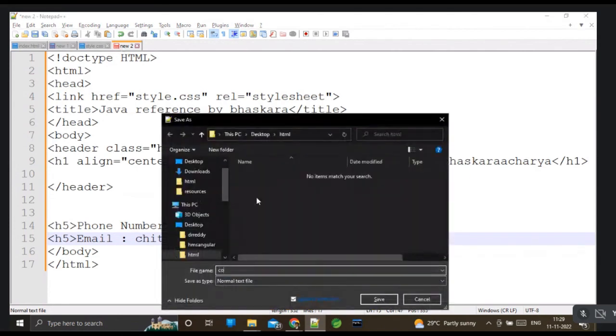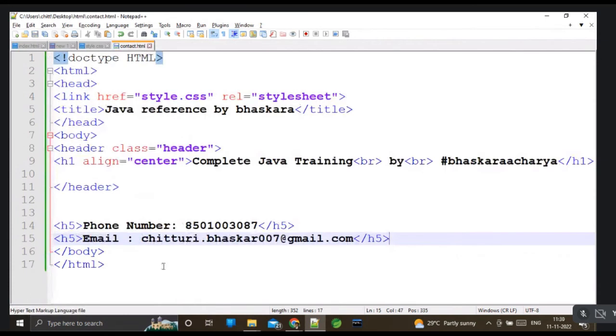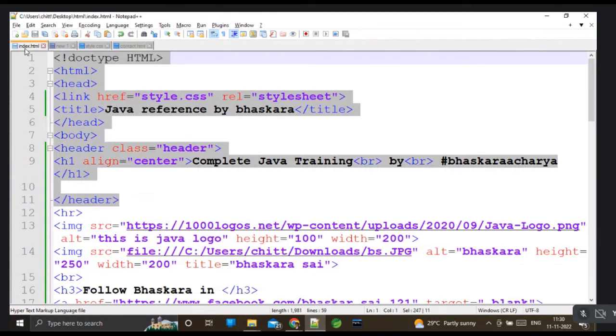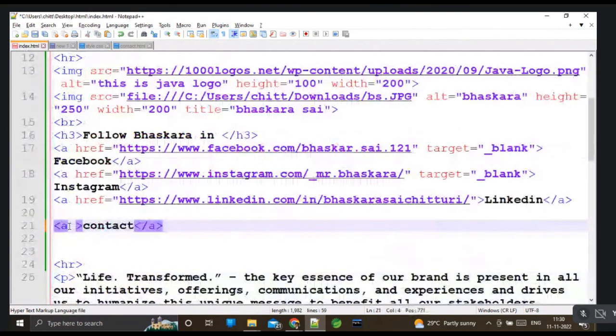So here I can save this particular web page as contact.html. I am saving this web page in the same folder. This is known as the contact.html, and I can link contact.html here, so href